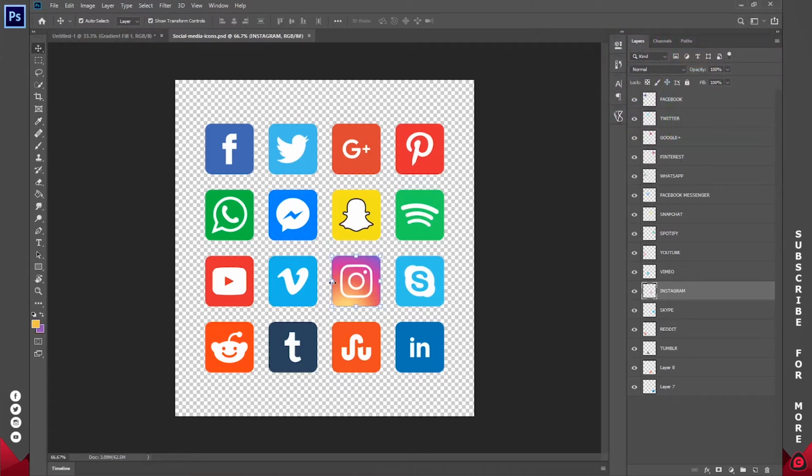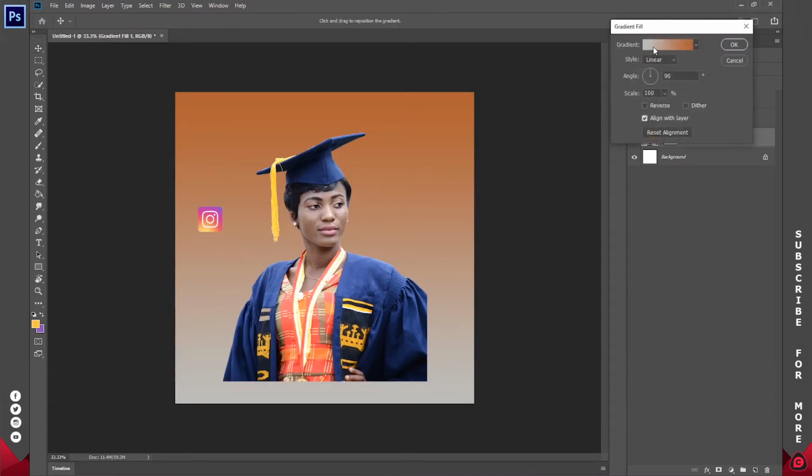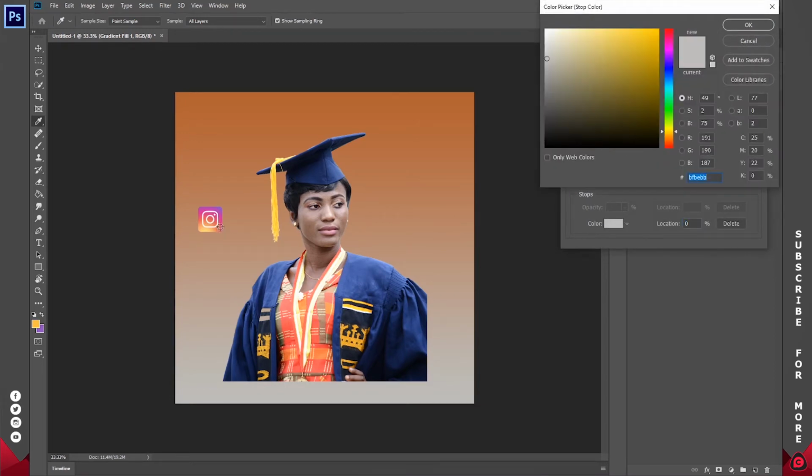So let me just bring it into my work so that I don't have to be going back and forth, like so. So let's just put it here for reference. So let's go back to the gradients, double click on this to bring it up again. Inside the gradient editor, I'll click on the first box right here, I'll click on color and I'll select this